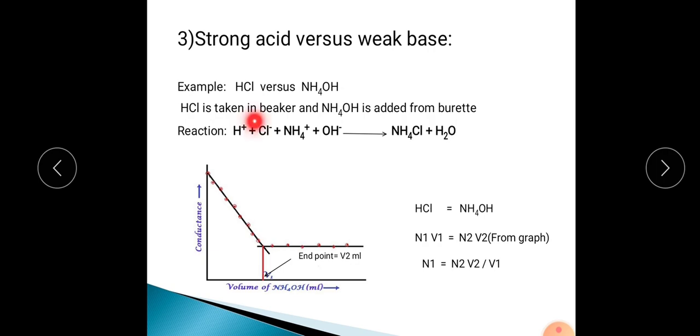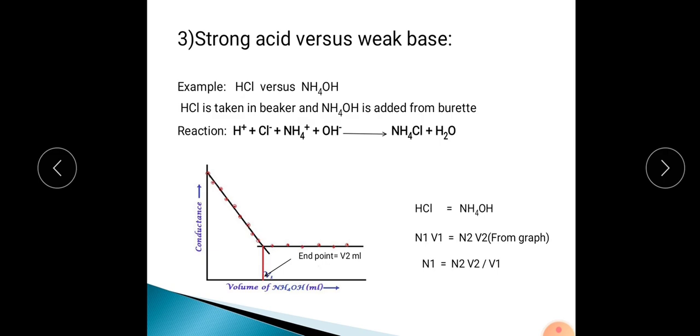Now in the beginning HCl will be in the beaker. Being a strong electrolyte, a strong acid, it will dissociate completely. Complete dissociation of HCl will give more H plus and Cl minus ions. So what about the conductance of HCl in the beginning? It will be more, higher conductance. When we add ammonium hydroxide from the burette, the reaction occurs between these two, causing neutralization of HCl, and the products are NH4Cl and water. Here when we add NH4OH from the burette, the NH4 plus ions replace the H plus,